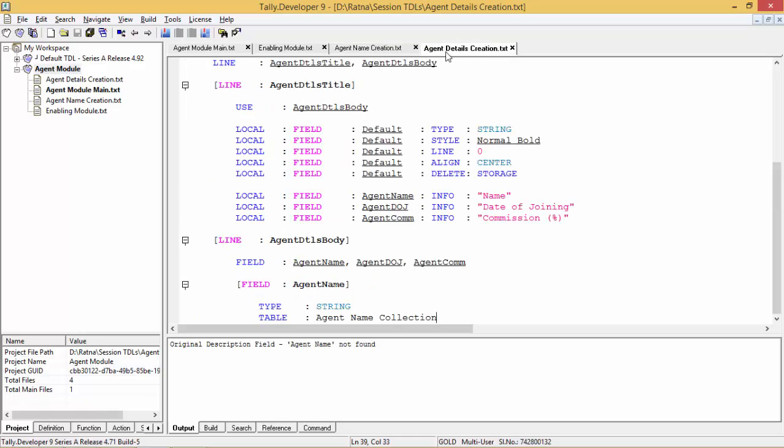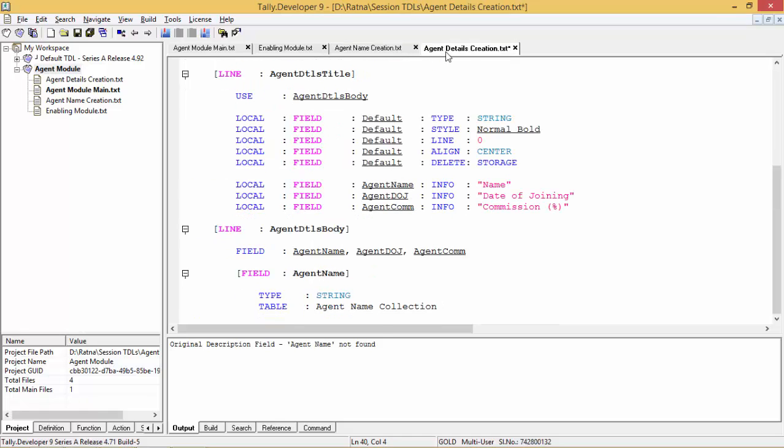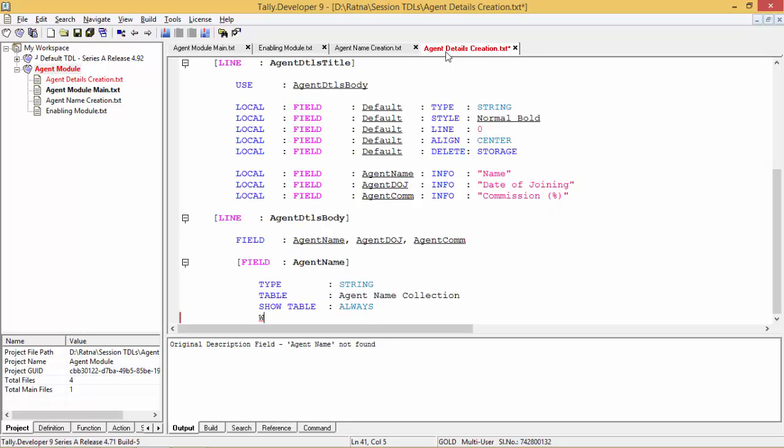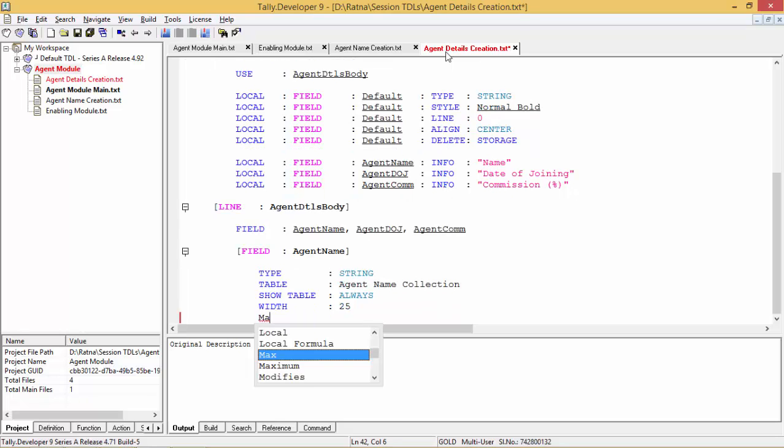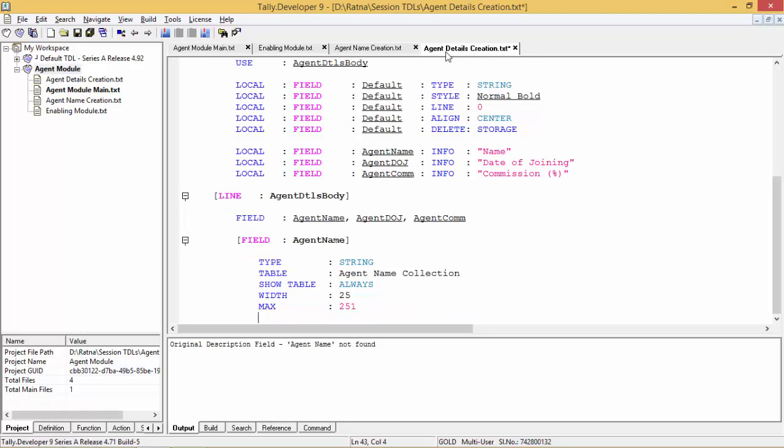So we have this. Now when we have a table, show table always. Now this is a fill and edit mode, so we need to give the width. We'll give it as 25. Because it is in edit mode, we need the number of characters, so 25. Right. So anything else apart from this? No. Then we have the next field,